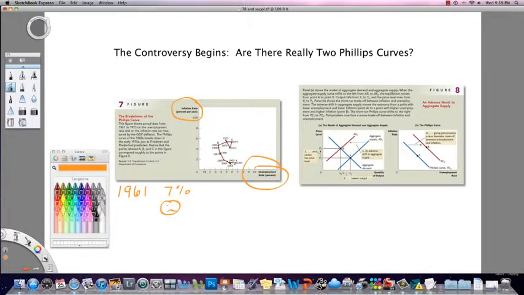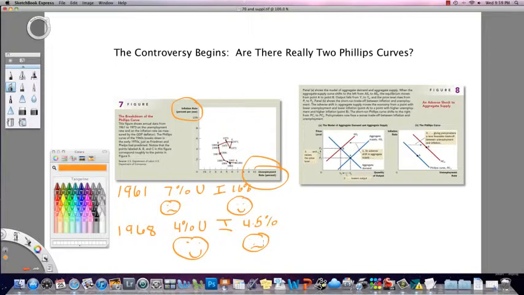which is bad. But at the same time, the inflation rate was 1.6%, which is a good thing, as opposed to 1968, where we learned that the unemployment rate was 4% and inflation was 4.5%. Here, we are happy that the unemployment is at 4%, but we're not so happy that inflation is at